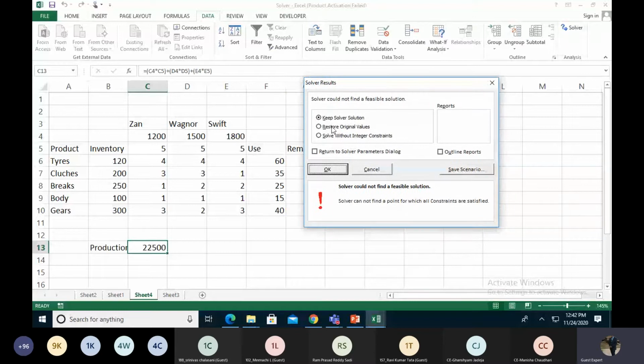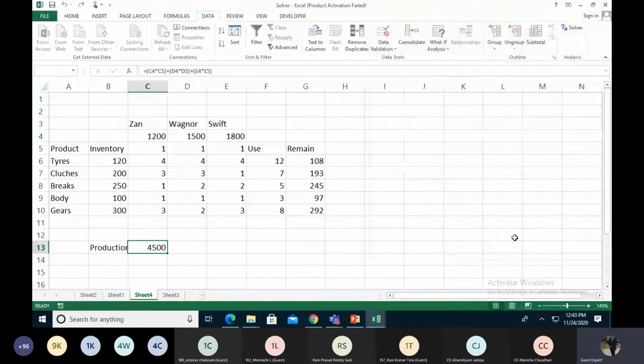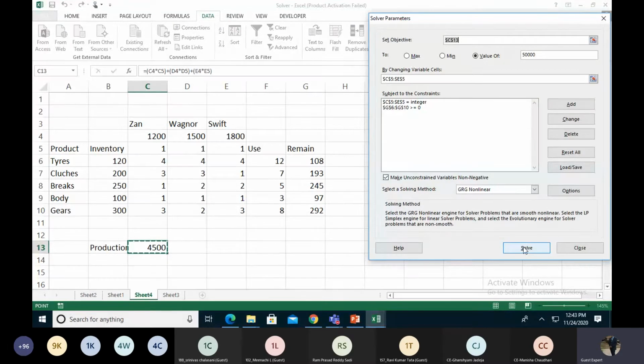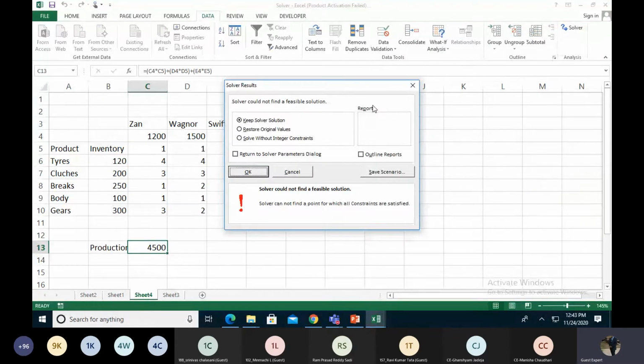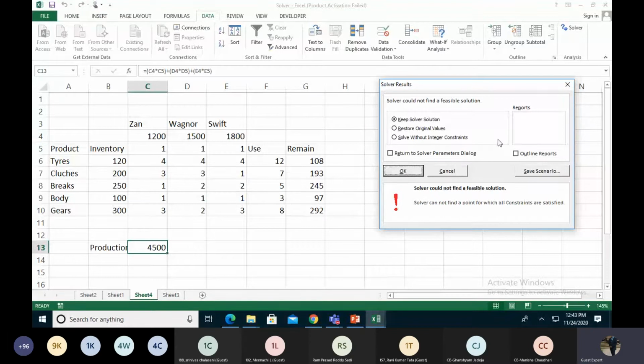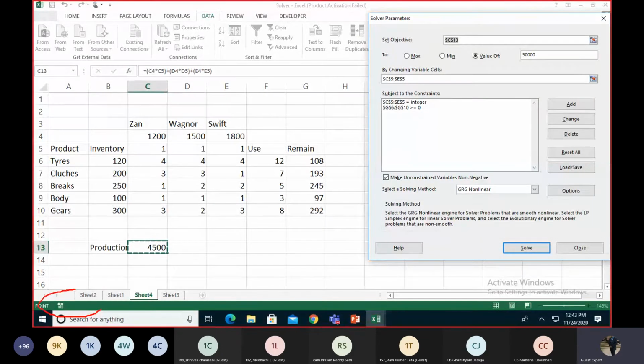Just 1 minute, I'm making a mistake. I'm just deleting this constraint. Okay, and just solve it. See over here, it is finding all the problems, but it can't find it. Let me repeat this task. Right now over here, they're getting the most probable formation.